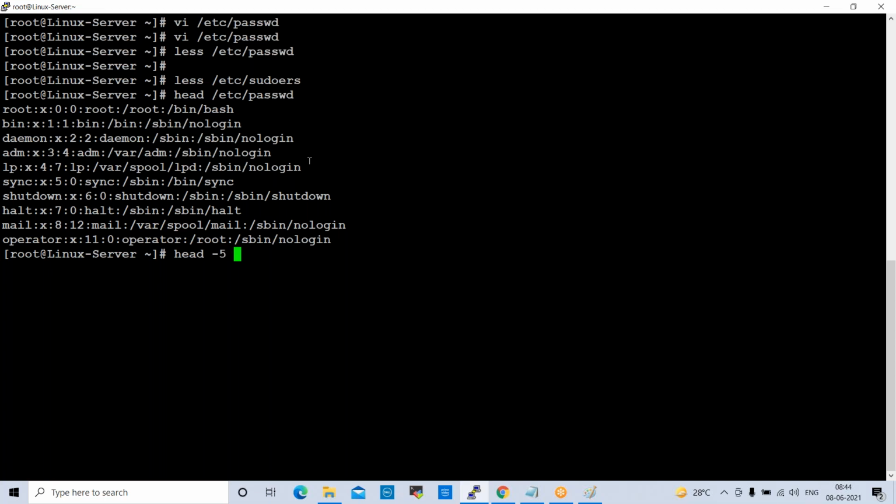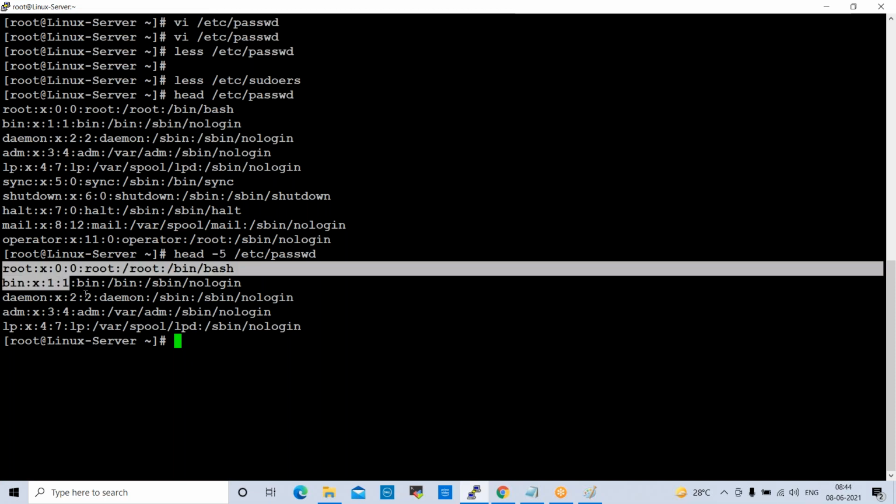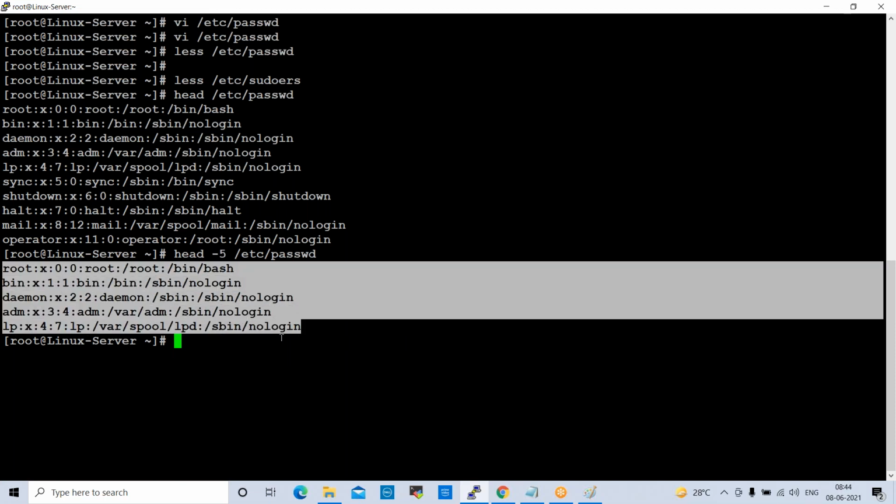I can give -5, only the top 5 lines I want to display, /etc/passwd. See here, only 5 lines are displayed. If you want to display 4 lines, 3 lines, 6 lines, you can give the number. -5 means it will display only 5 lines. Okay, so this is the head command.